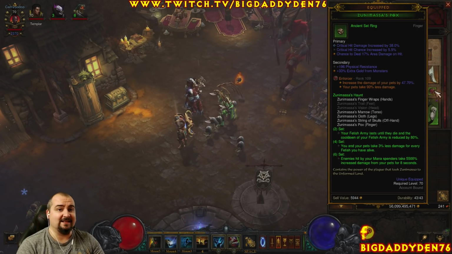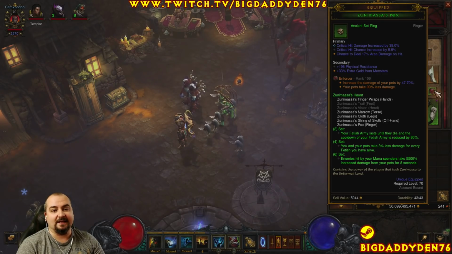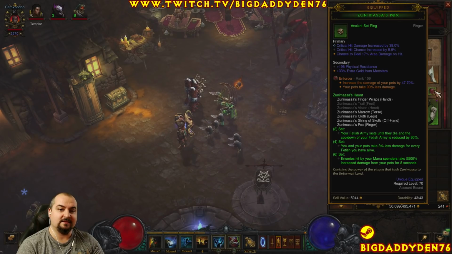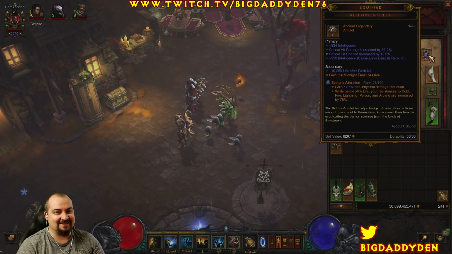Lovely. Last ring, guys, is the Zunimassa Pox. We actually use this to achieve the 6-piece bonus, and we are using Enforcer Gem, which makes our pets indestructible and gives them extra DPS. Lovely. Last jewelry, guys, of course, is the Hellfire Amulet. It does use a Hellfire, unfortunately. I know it's annoying, but